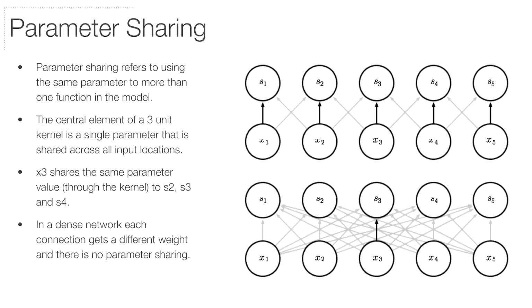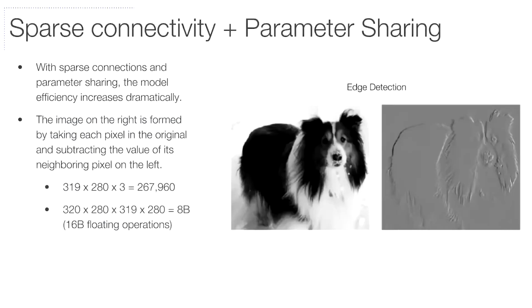Because X3 shares the same parameter value to S2, S3, and S4, the number of computations it has to do for a 320 by 280 image reduces from 16 billion. 320 by 280 times 319 by 280, 319 being if you're actually making one stride, as